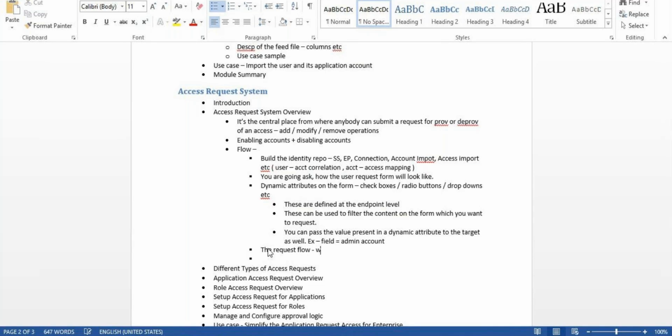We call it nothing but workflow. This is very important and it varies from application to application. If your application owner says, I need to have two levels of approvals, first manager, second one over manager, you can build this. It's a drag and drop thing on the platform. It's pretty simple, unlike an Oracle product or a SailPoint product. You need not write any piece of code there. It's very straightforward. You just need to drag and drop